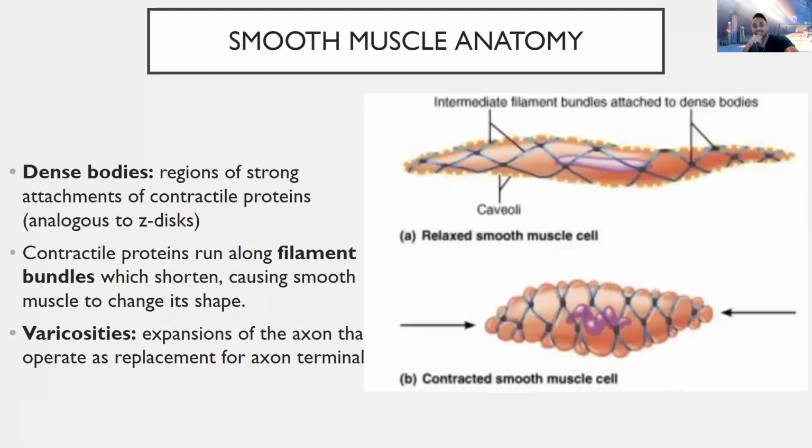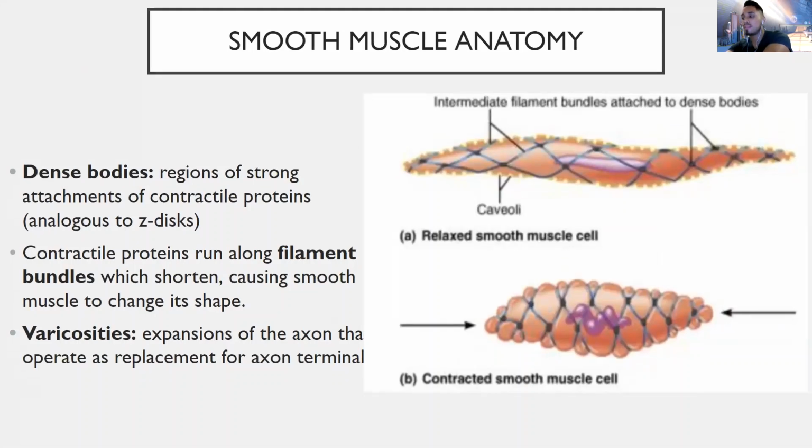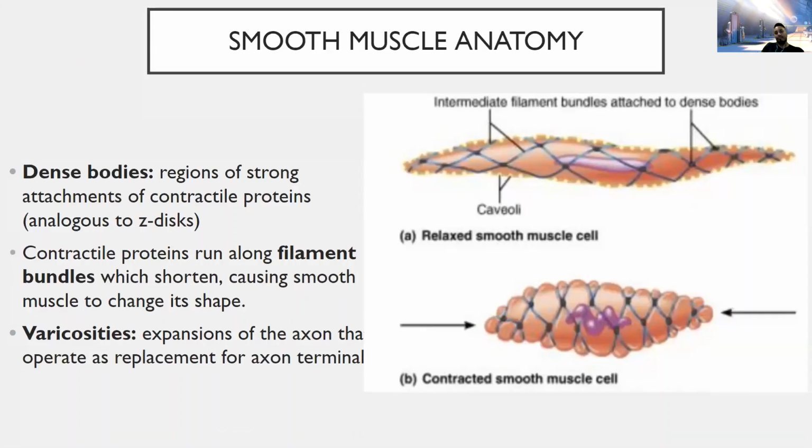Next slide. Smooth muscle anatomy: we have the dense bodies, which are analogous to the Z-discs in skeletal muscle. We have contractile proteins that run along the filament fibers, and these filament bundles will shorten, and that's what causes the smooth muscle to change shape, to contract and to relax. They're unique in that they physically change their shape whenever they're contracting. And then we have